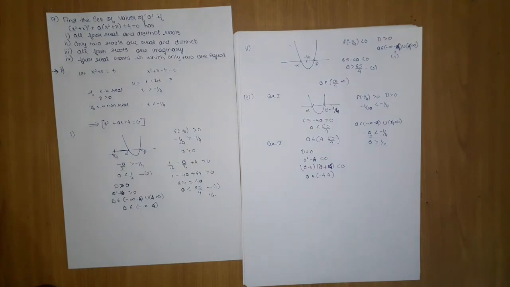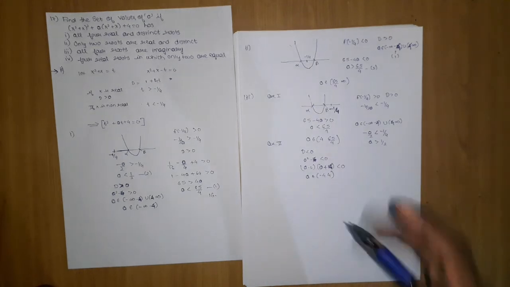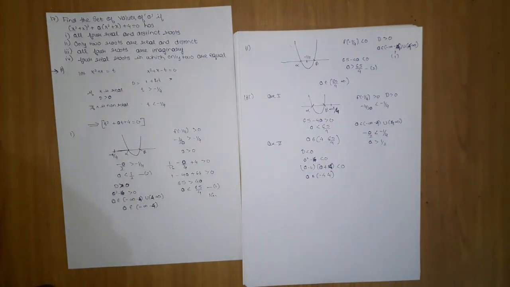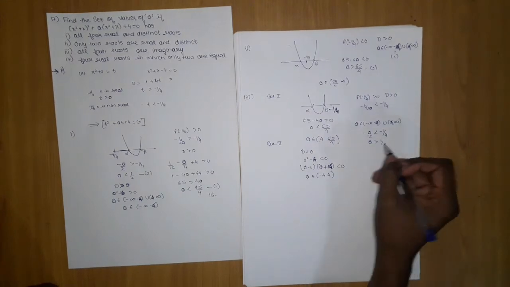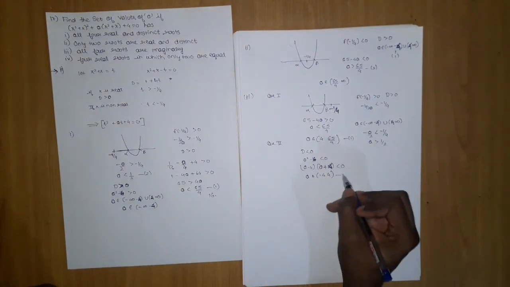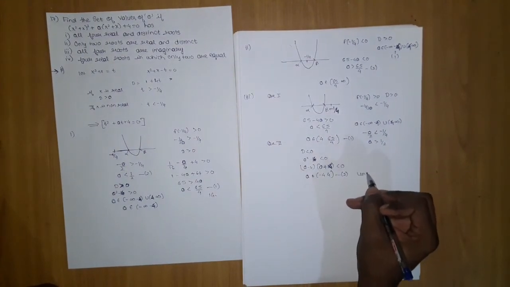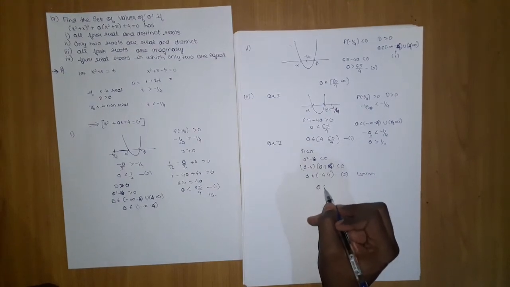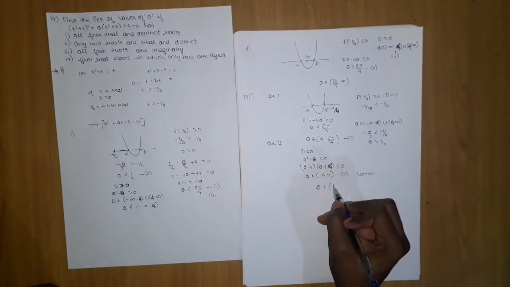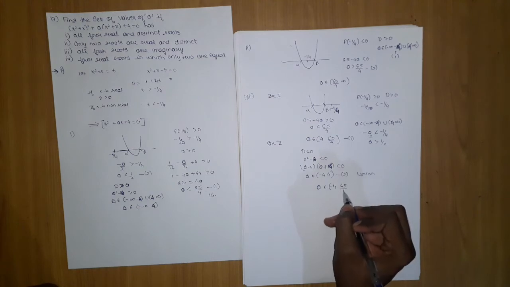Now this is a different case. In different cases, it was not like mod kx, where the two cases were single cases that we used to take just to avoid mistakes. But here these two are different cases, so we will take the union. So the union of 1 and 2, what will it give? It will give a belongs to from minus 4 to 65 by 4.